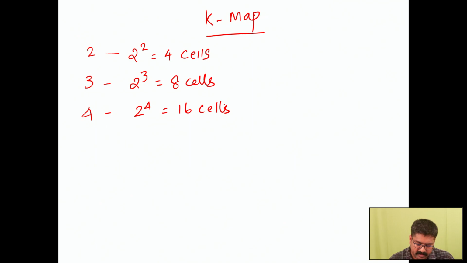Then let us see what is the general structure of a K-map. First we will start with the 2 variable K-map, then how to enter the values in the K-map, and how we have to minimize, the methodology. Okay, first we will see a 2 variable K-map, then we will go for 3 and followed by 4 variable. So for a 2 variable K-map, the general structure is